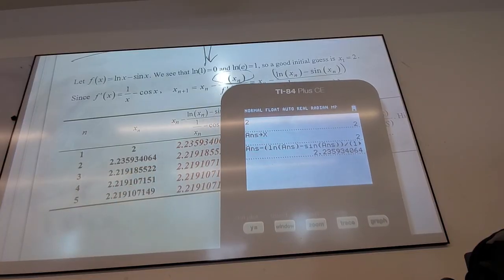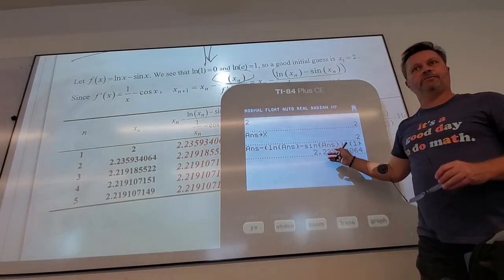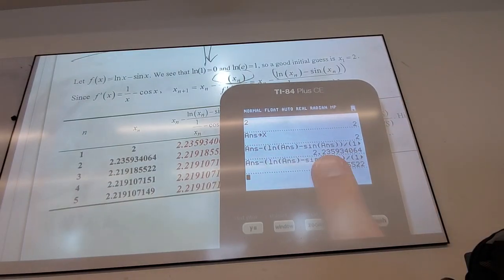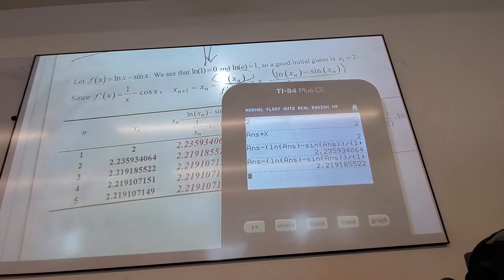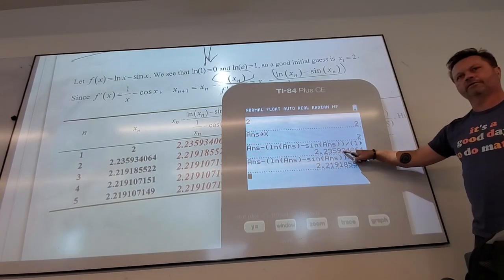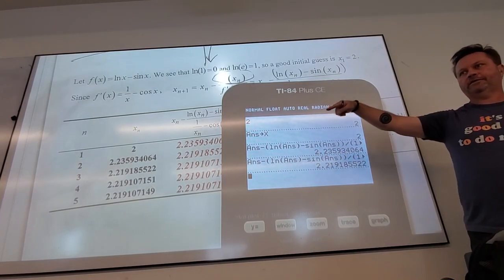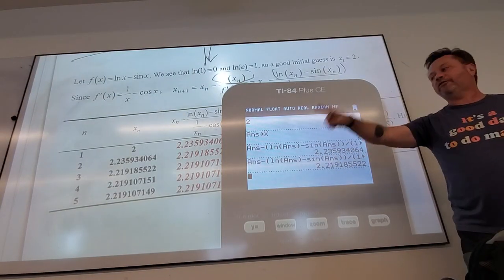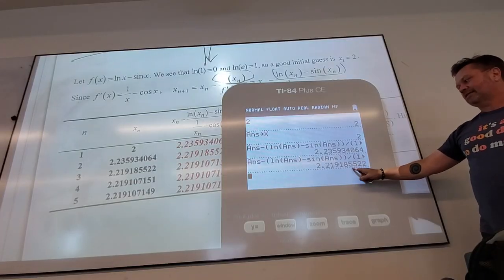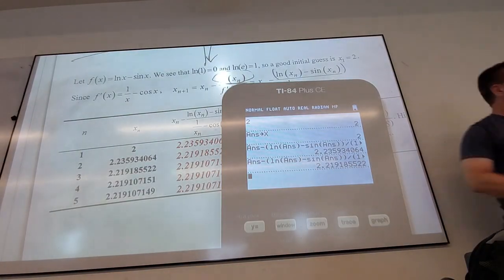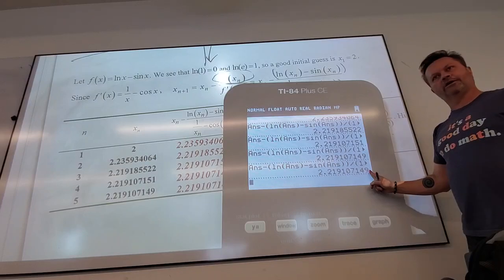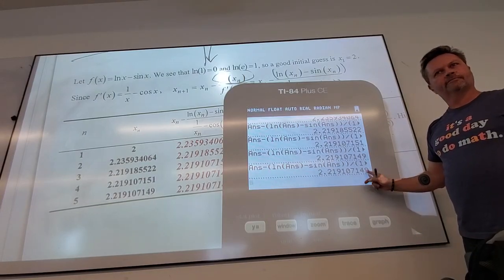If I just hit enter, this is the beauty of it. That's a lot of typing, yes? But now I just keep hitting enter, because now ANS is this, and now ANS is this. And what is this in our process? That's x2, our second guess. What do we do when we have our second guess? We do everything again, and that's going to be x3. And then I do everything again, and again, and again. Look how it stopped changing. Do you guys see how it stopped changing? So at least it's good up to here. Isn't that kind of cool?